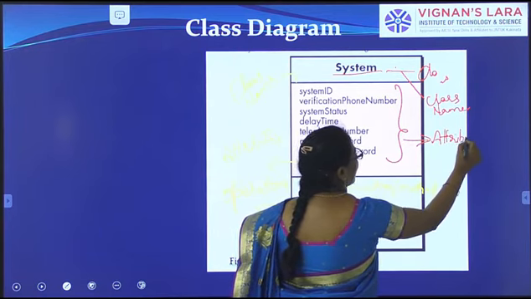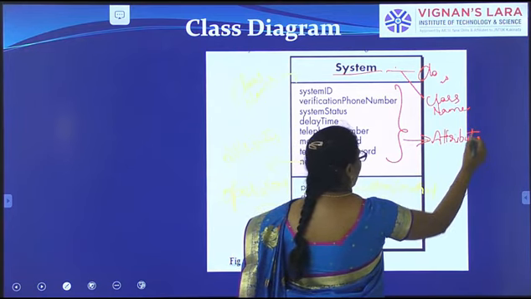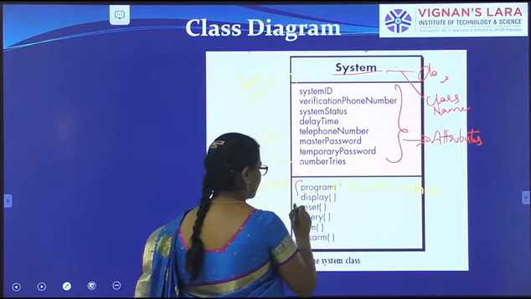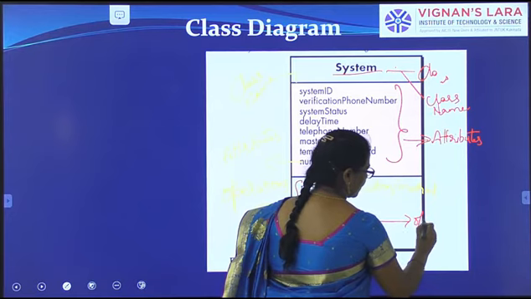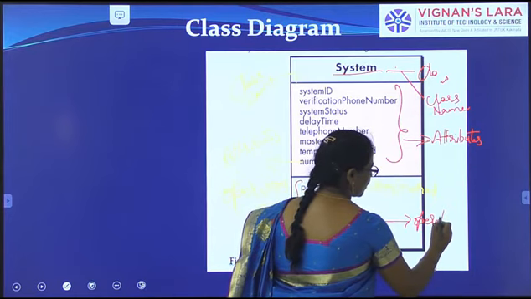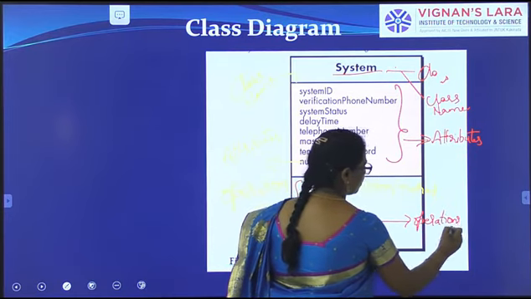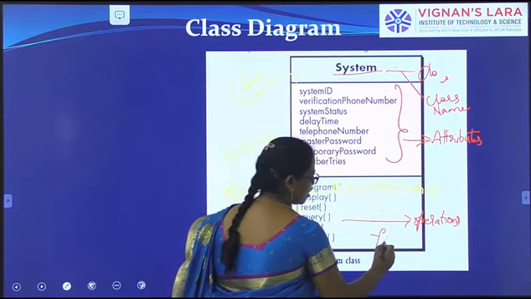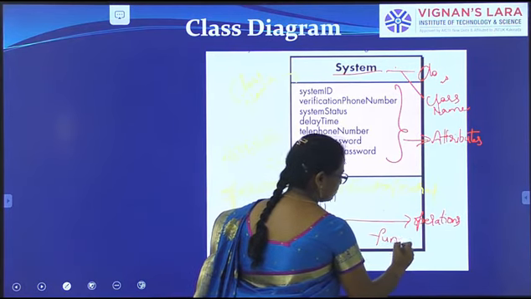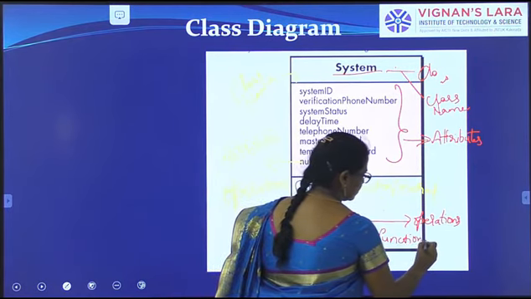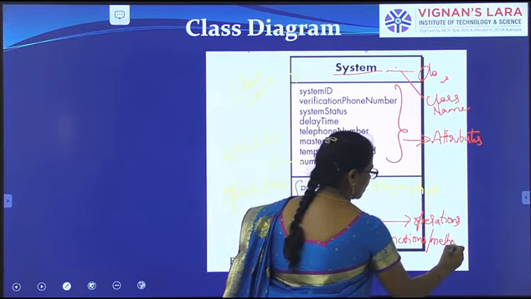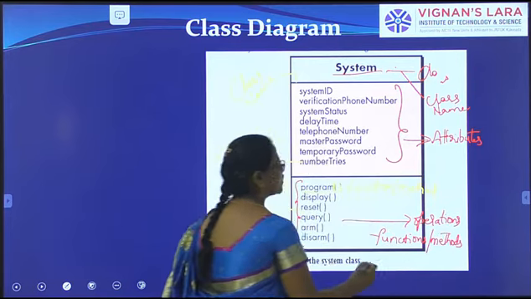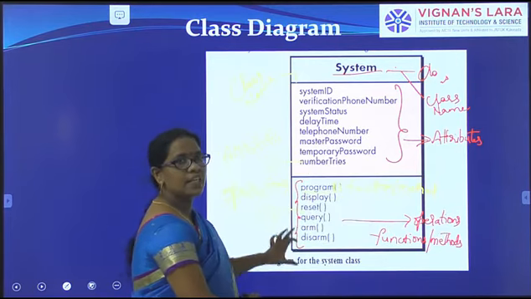Thirdly, whatever functions you are mentioning, these are the operations. In technical terms, operations, but in the programming model, we can say functions or methods. So the class diagram will be represented like this.